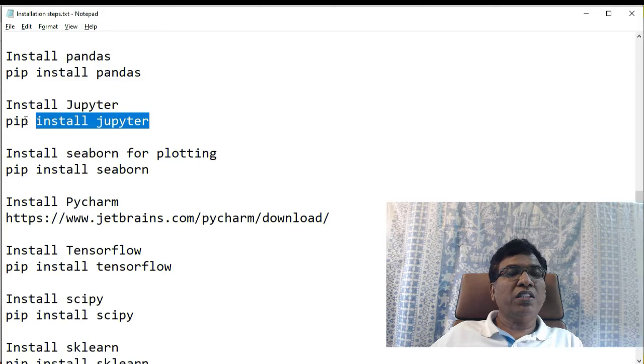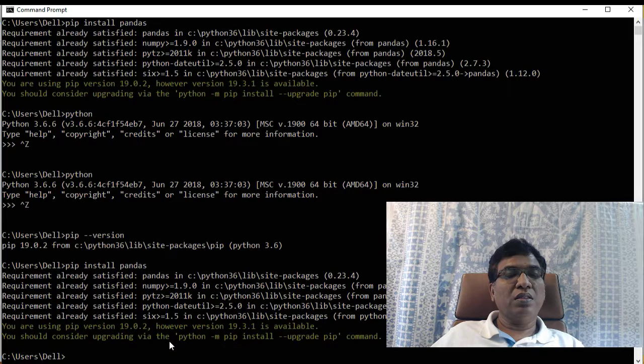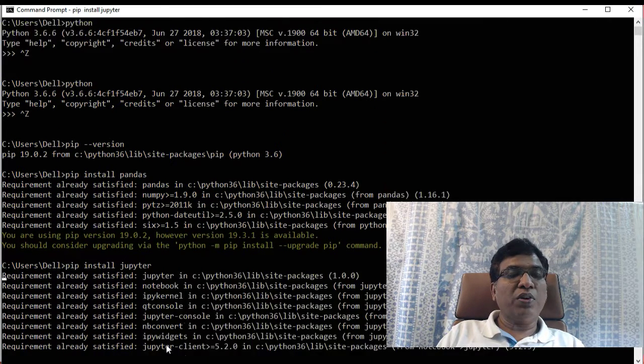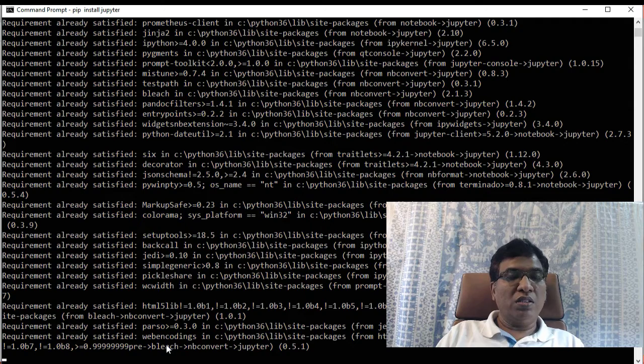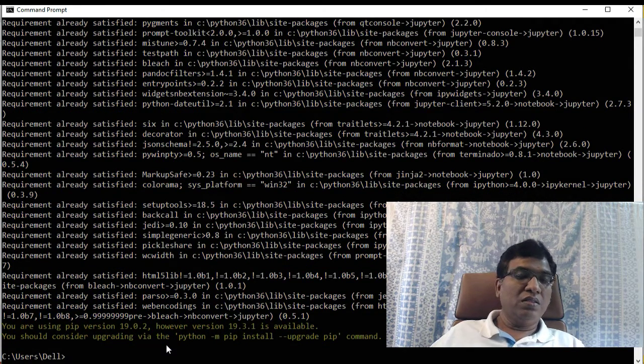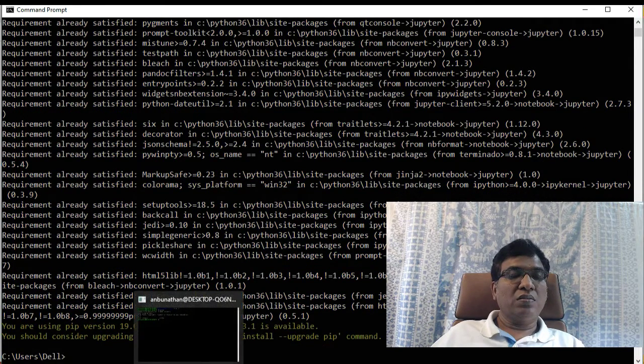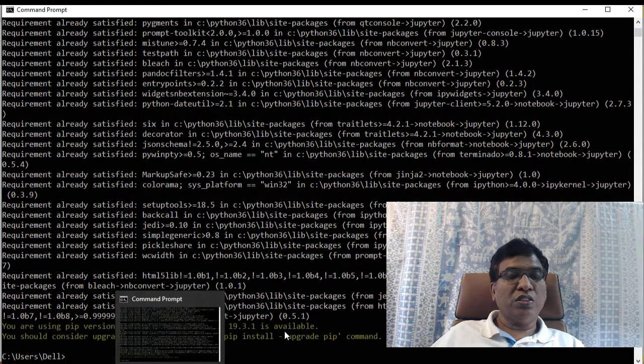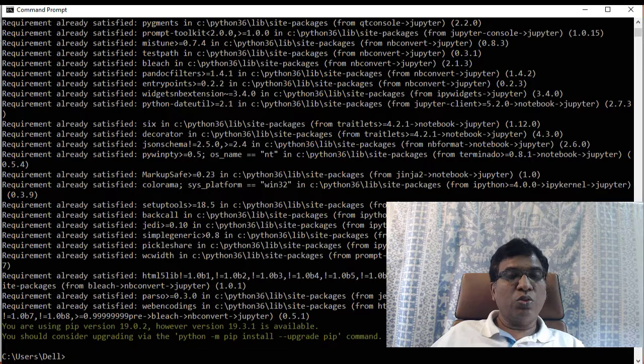Then Jupyter. You can install Jupyter. This is required for opening the notebook. .ipynb files you can open using this Jupyter.